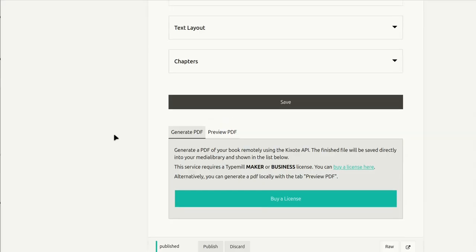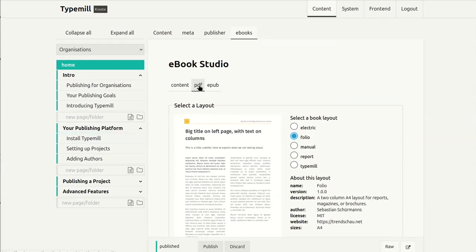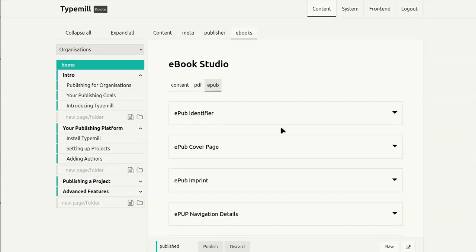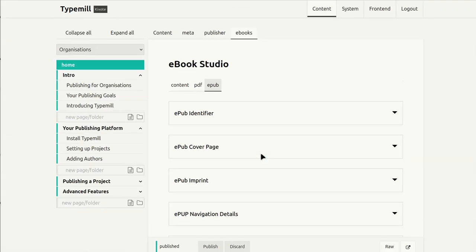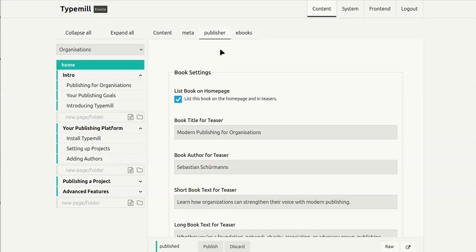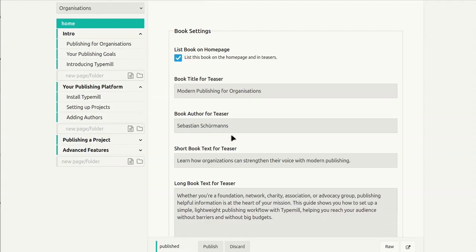And you can also publish an ePUB. It works exactly the same. When you click on this tab, you can define all the details and at the end generate the ePUB locally. Now let's have a look how you can publish your book. You are still on the home page of your ebook, and there you can open the tab Publisher, and here you can define all the details for the preview,